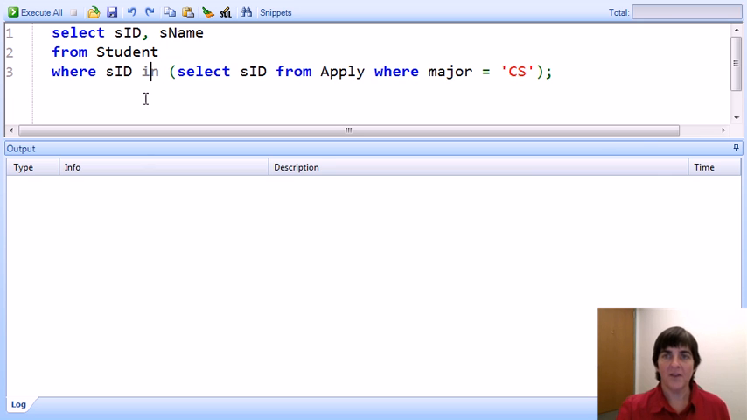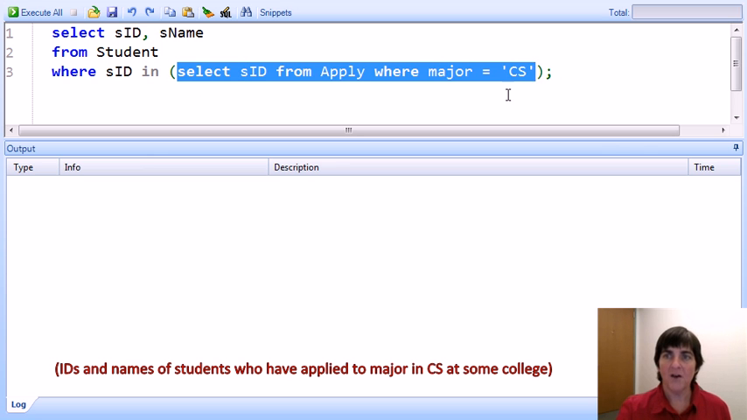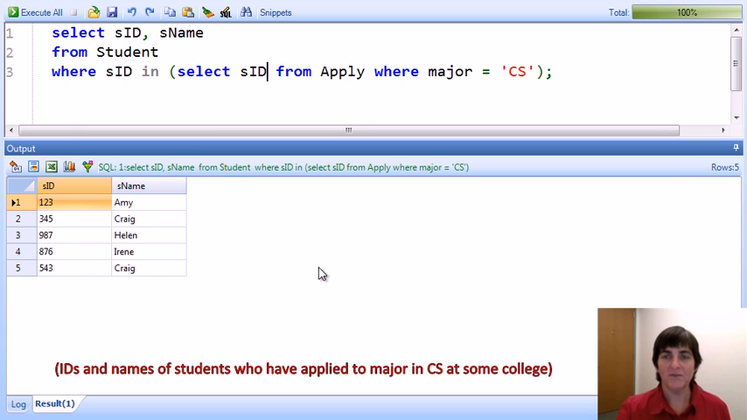What this query finds is the IDs and names of all students who have applied to major in CS to some college. So here's the subquery in the where clause. This expression right here in the where clause finds the IDs of all students who have applied to major in CS. So now we have that set of IDs. Our outer query says let's take from the students, those students whose ID is in that set, and let's select their ID and their name. So we go ahead and execute the query, and we find out that 5 students have applied to major in